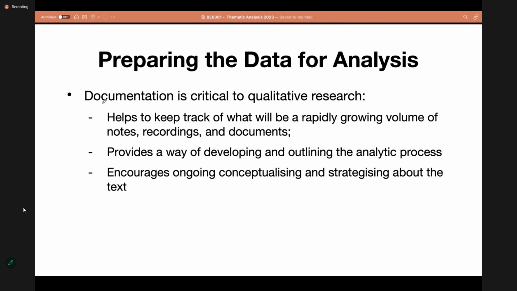This will help you to keep track of all of your data: all the interview recordings, interview transcripts, and then the analysis that you do. Everything you have to properly name, save in the correct folders, and keep organized.